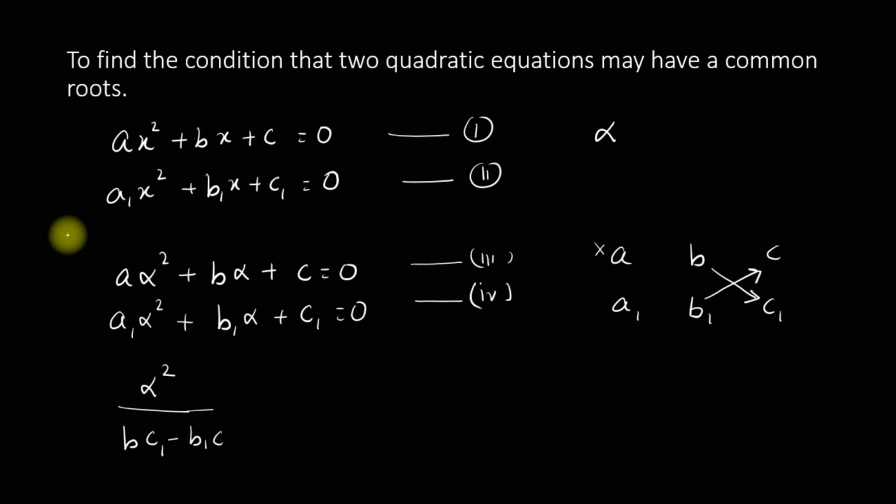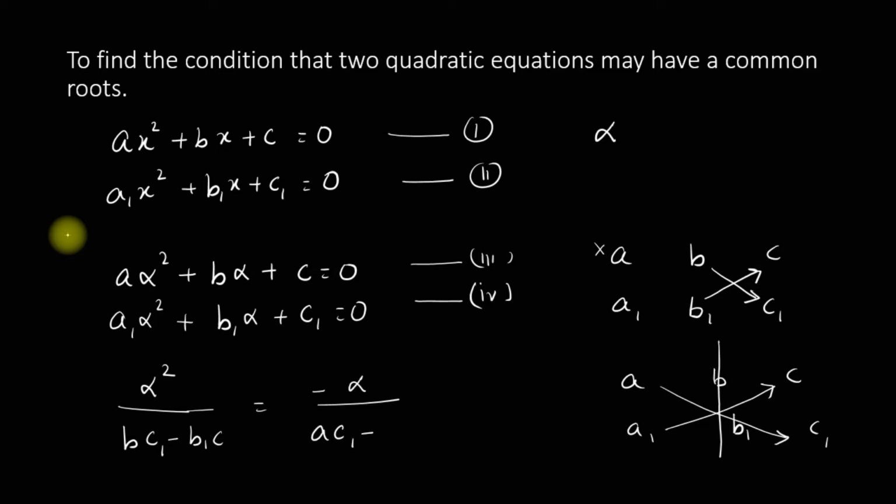This is equal to minus alpha divided by, now in this case we have a, b, c, a1, b1, c1, so we cancel out the column containing b and we have ac1 minus a1c. And this is equal to 1 divided by,